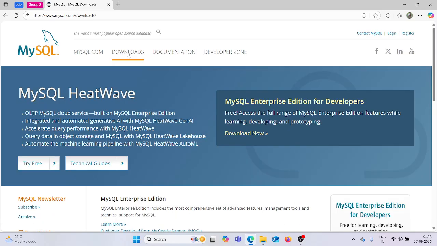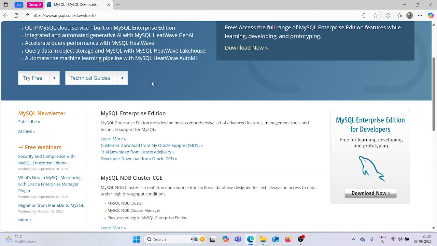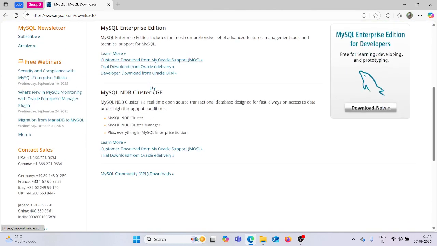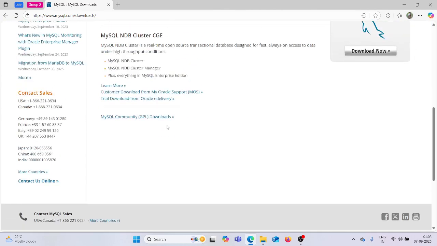Either you can type MySQL server download in Google directly, or just come to the MySQL website and check the downloads. Under downloads, just come to MySQL community downloads.